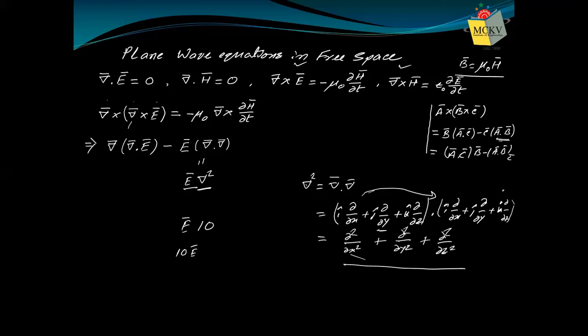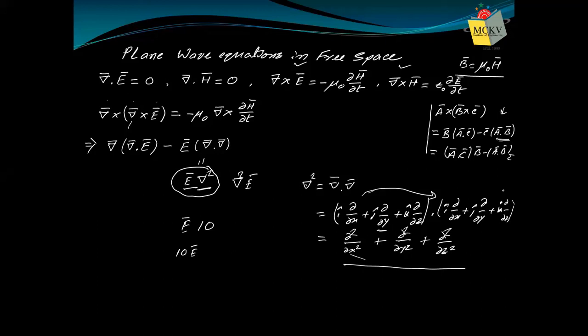The value is the same. But here it is not. So it is physically meaningless. I cannot write it. So what should I write? I should write del 2 E. In the case of a dot b, whether I have written it before or after C doesn't matter. I can write a dot b after C or before C.